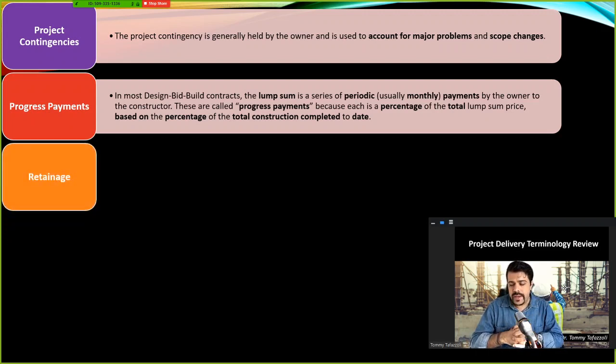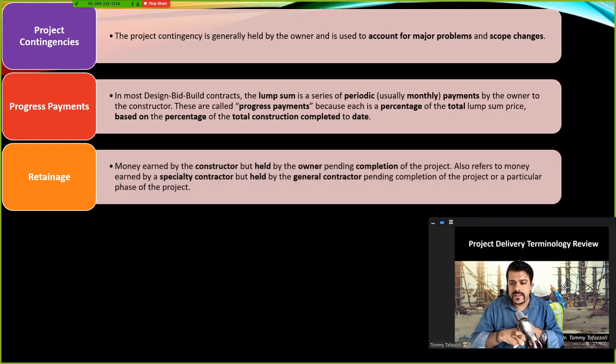So retainage, I'm sure you remember that, or retention is another name for that, is the amount of money that the owner withholds from the reimbursements that should be given to the contractor. The idea is to keep the contractor motivated to finish the project. The percentage of retainage varies anywhere between 5 to 15%, depending on the trust that exists between the owner and the contractor. Obviously, the more the trust, the less money you have to withhold as an owner from what you need to give to the contractor.